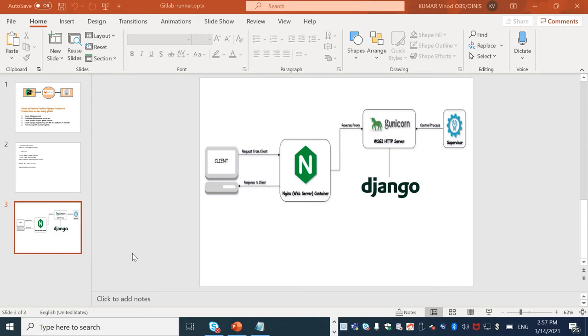Today we will learn how we can configure our Django project with Nginx web server, and with the help of Gunicorn we will see how we will communicate between Nginx web server and our Django project. And after that we will see the functionality of Supervisor, and we'll check how it will control all the processes of Gunicorn. So first of all I will log in with my